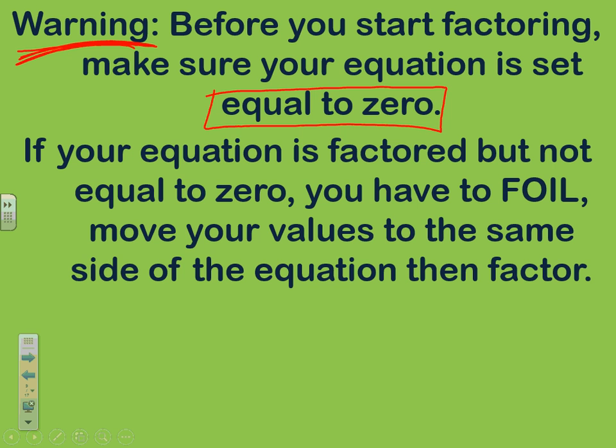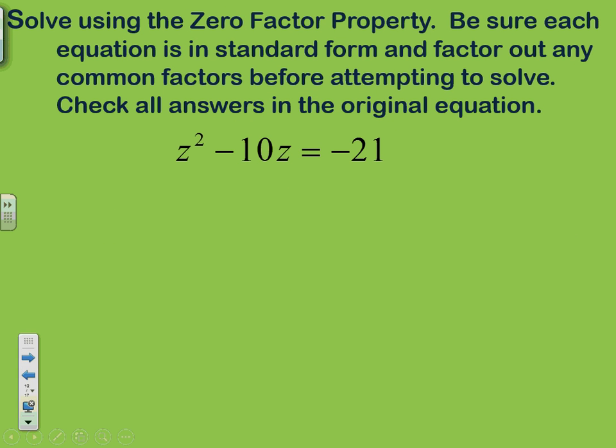I can't tell you how often I've seen students try to factor something when it wasn't in standard form, and if you do that, unfortunately, you're not going to wind up with the correct answer. So here is a quadratic equation. z squared minus 10z is equal to negative 21. It's not in standard form, so the first thing we better do is put it in standard form. So z squared minus 10z, and then move the 21 over, so that would be plus 21